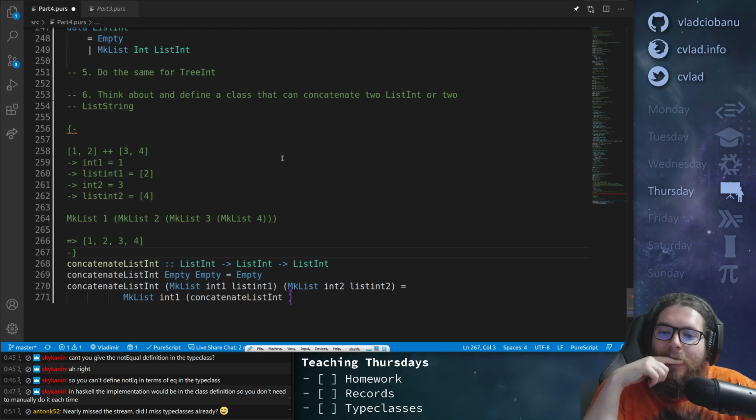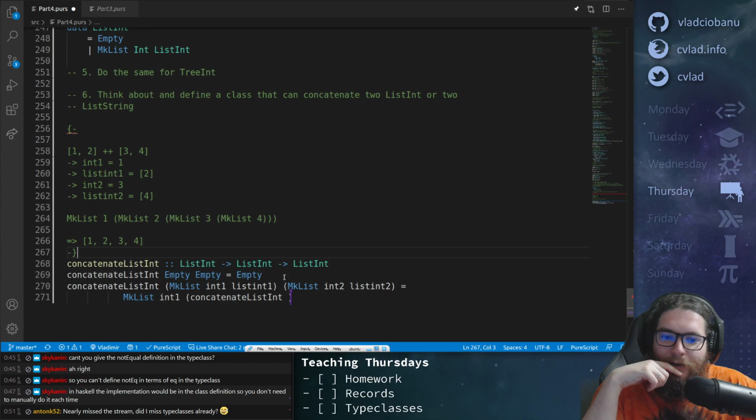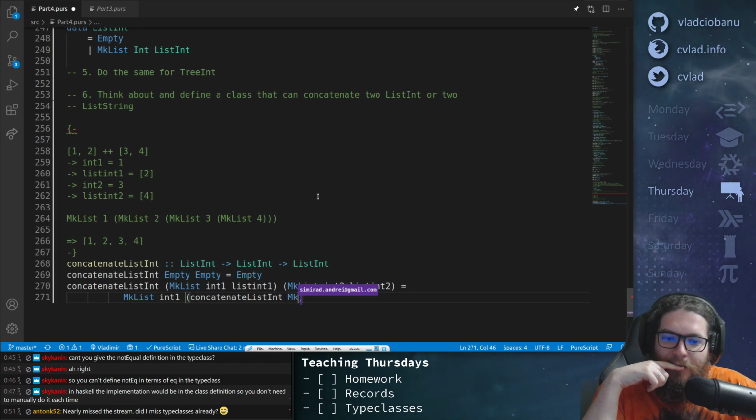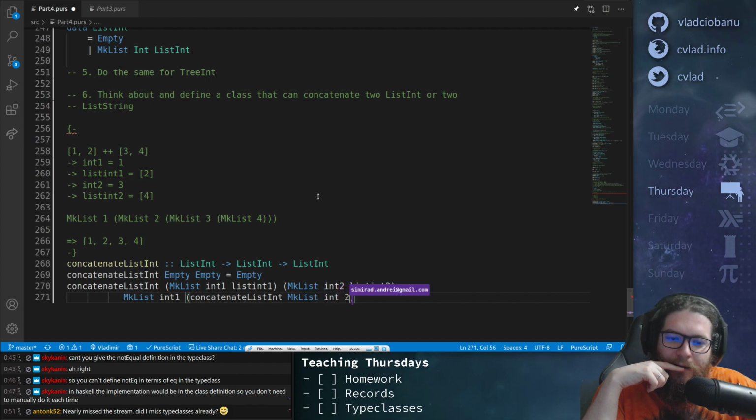Okay, so now I concatenate list in. Yes. So this works over 2 lists, right? Yeah, so and now I go for int 2, like. No? Okay, and